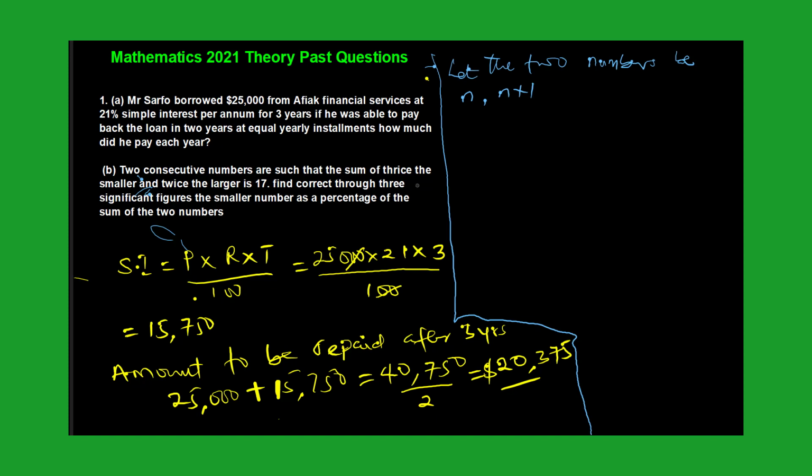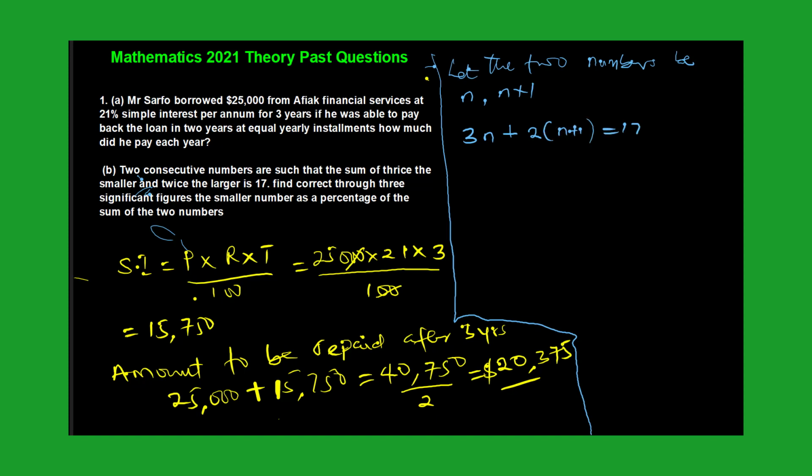So the smaller number will be n, the larger number will be n plus 1. According to the question, the sum of thrice the smaller number and twice the larger number will be 3n, which is the smaller number, plus twice the larger number, n plus 1,